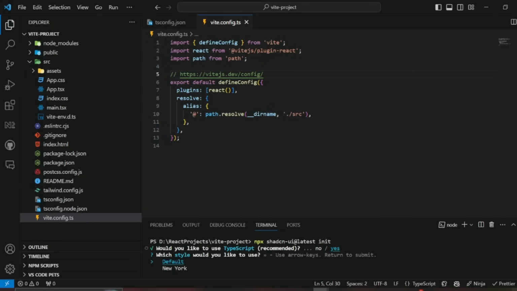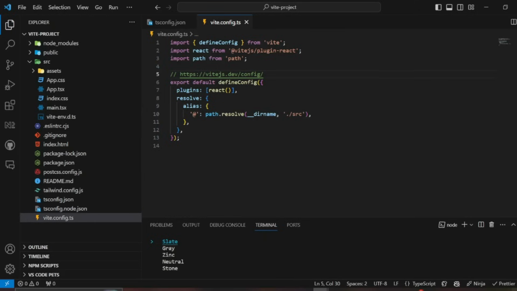And which style would you like to use? I'm going to use the default style. And the theme color, it's asking me the theme color, so I'm going to select the default option. You can, as per your needs, change the options you want. Okay,